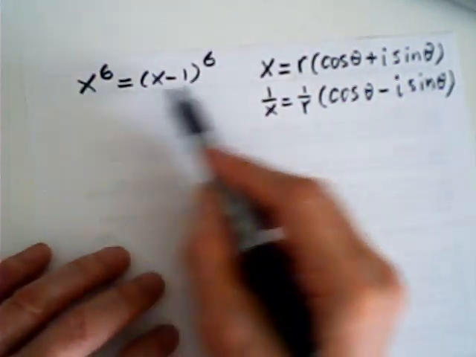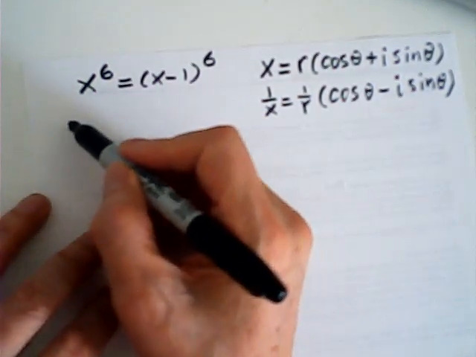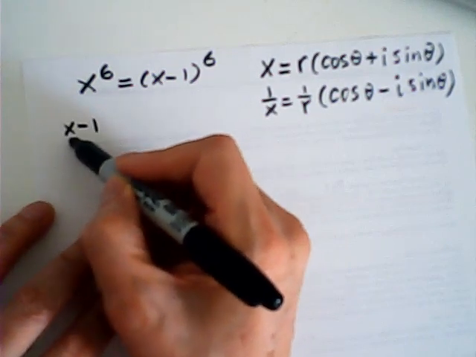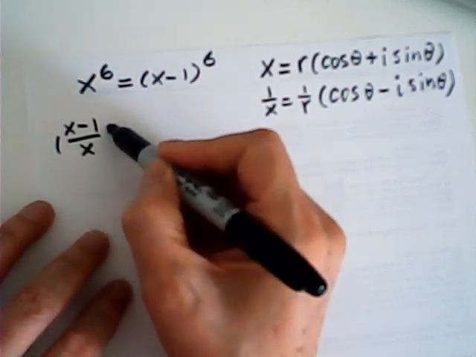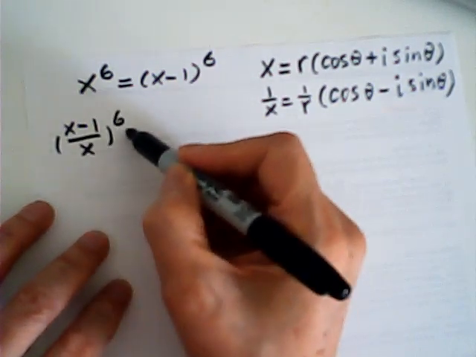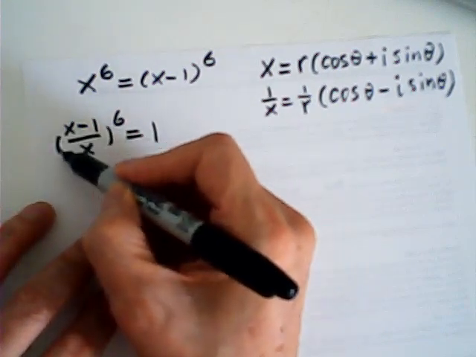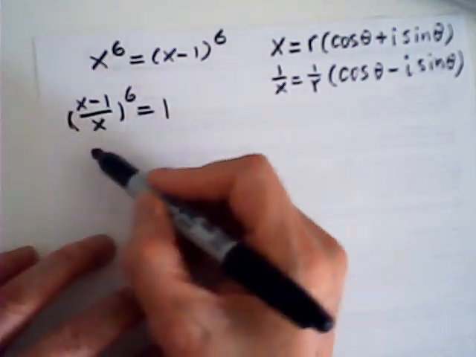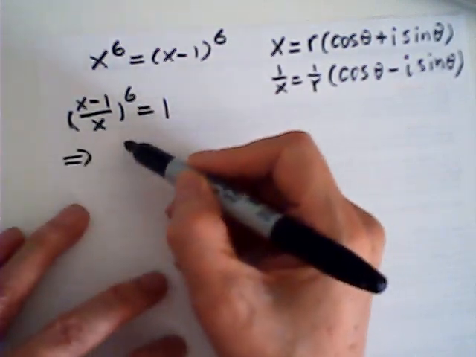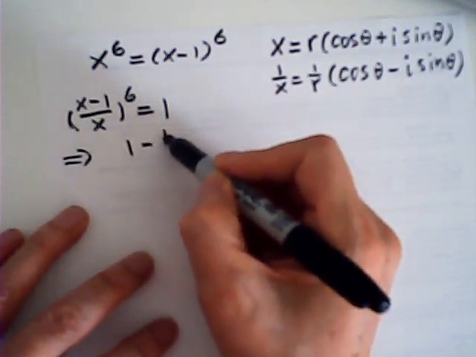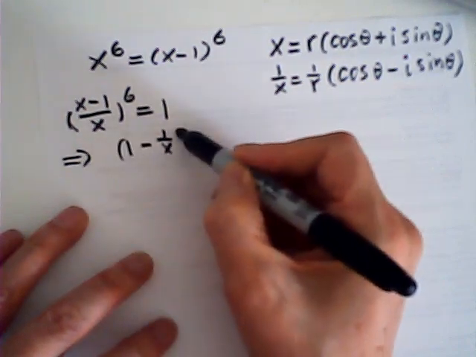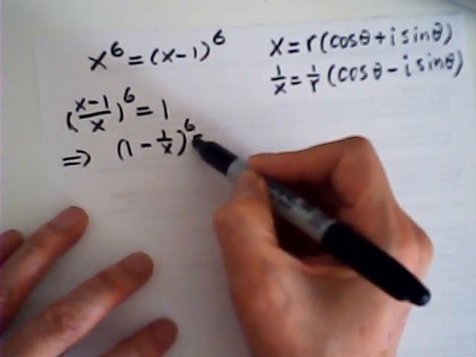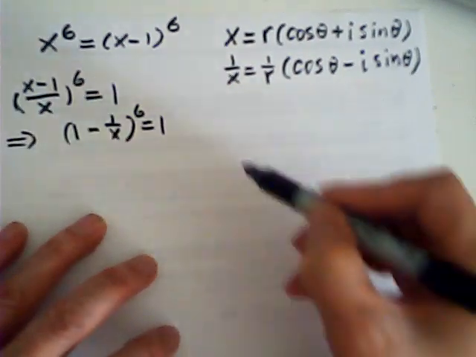Then this equation we can rewrite as x minus 1 over x to the power of 6 is equal to 1, right? Then we can write x minus 1 over x to the power of 6 is equal to 1, which means